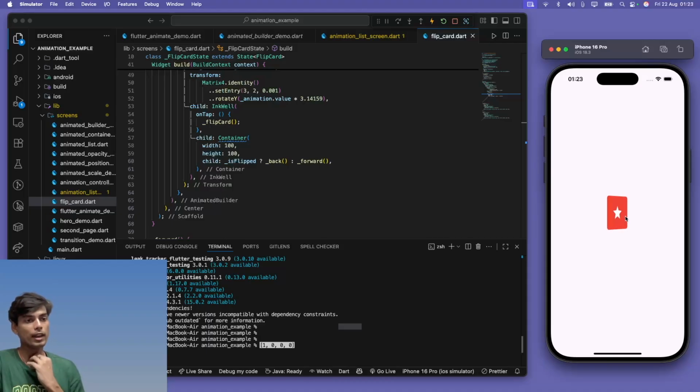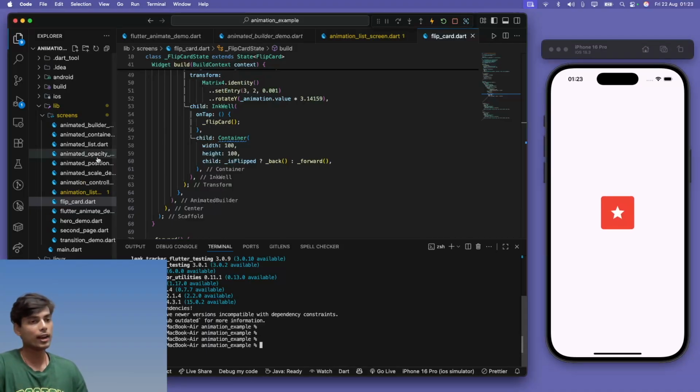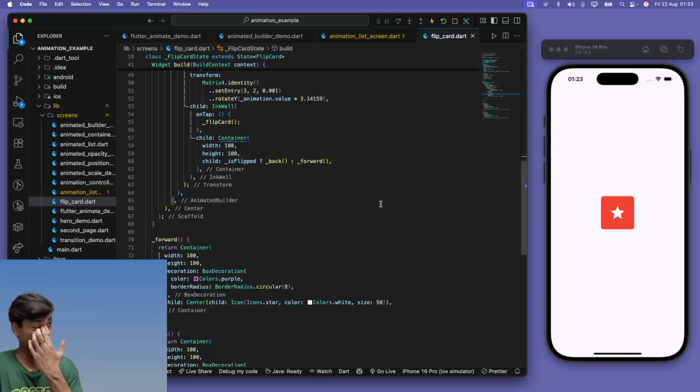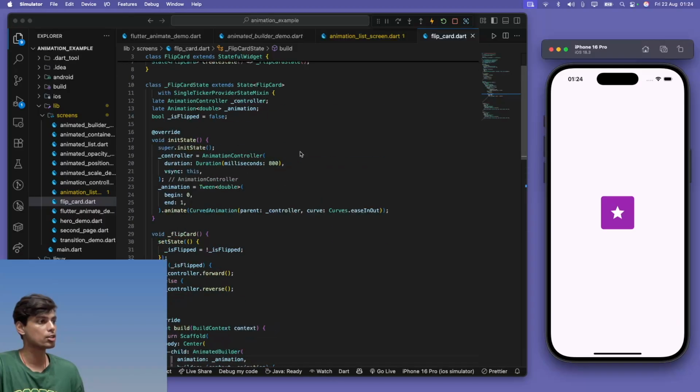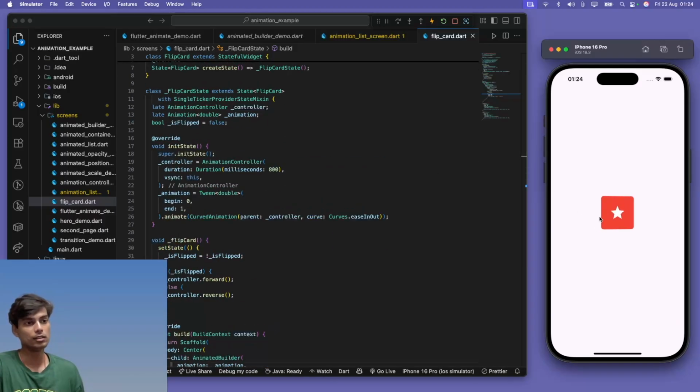This is how you create a flip card. You can use this to create flip card info buttons, to have something on the front side and info descriptions on the backward side of it. I will leave a demonstration of what I'm talking about